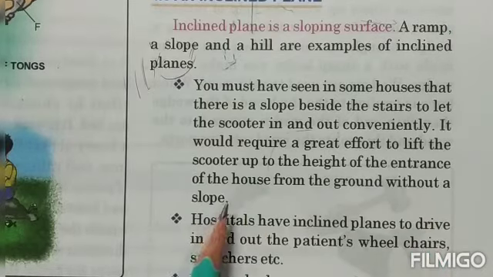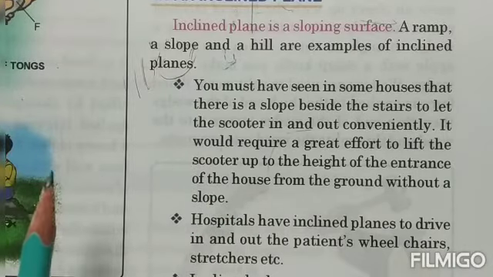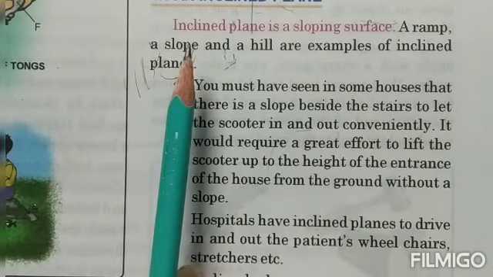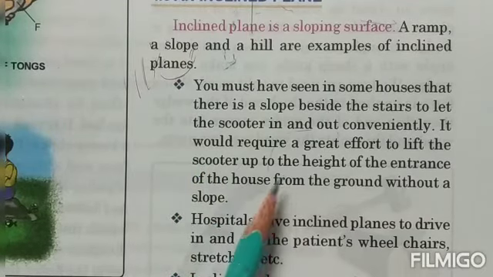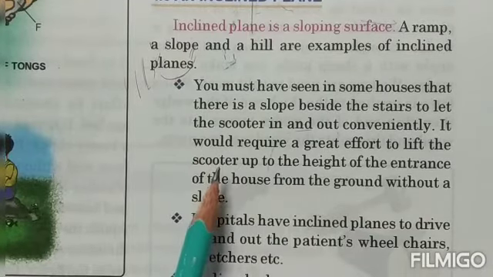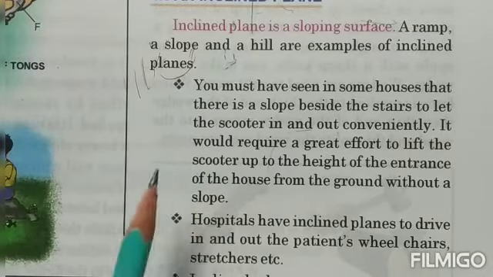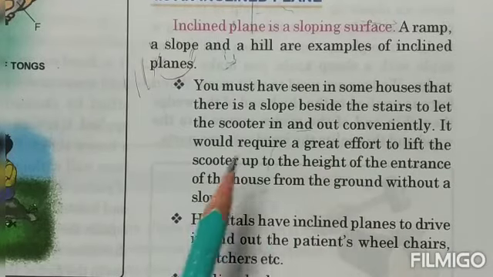Imagine the houses that are built slightly at a higher elevation than the road. There, how do the people move their vehicles in and out? That is by means of a slanting surface, which is an inclined plane. Had the slanting surface not been there, how would they lift? Even you might have seen in big malls, you have the stairs as well as this inclined plane. At railway stations you might have seen inclined planes are there.